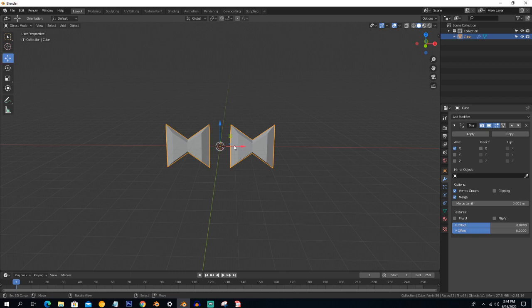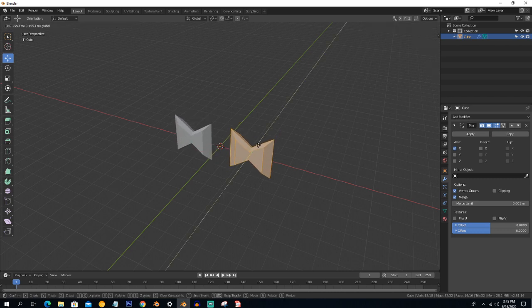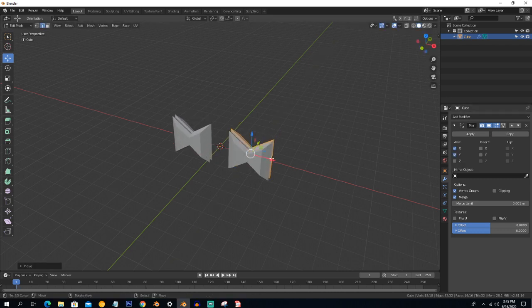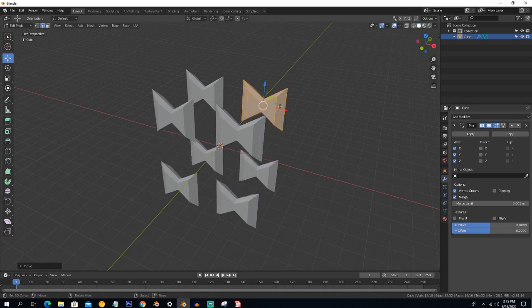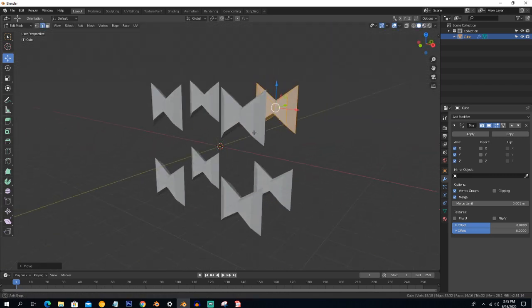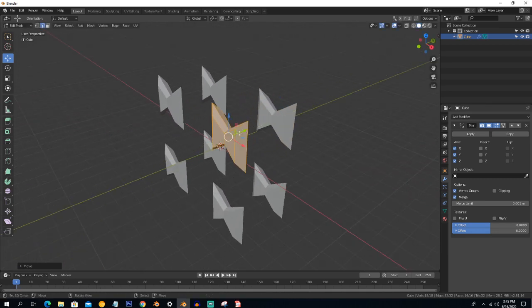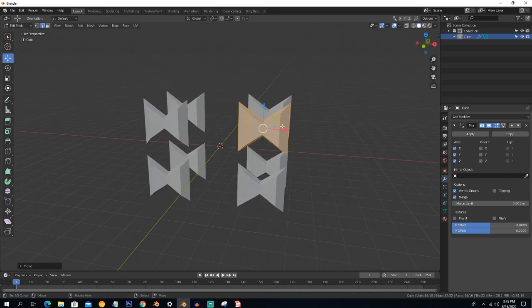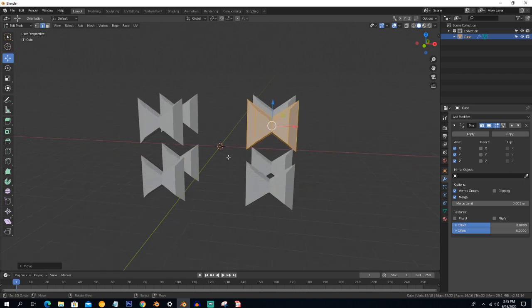You can apply this on the X, Y and Z axes. For example, if I select the X axis and the Y axis, this will happen on the Y axis also, and if I also select the Z axis, it will do the same on the Z axis. So this is the working of the mirror modifier. You just change one side of the object, and it will automatically make changes on the second or other side of the object.